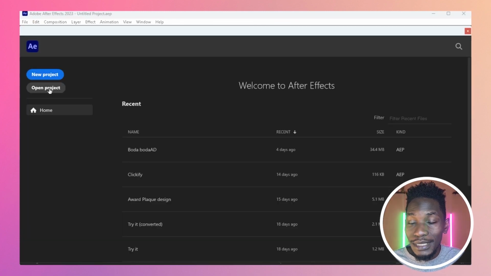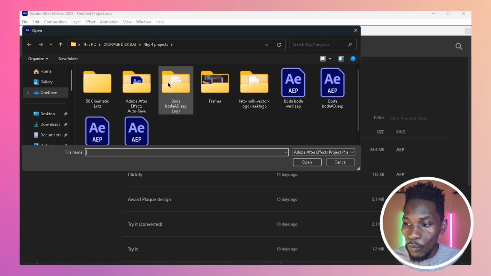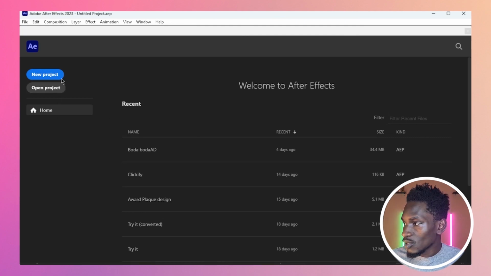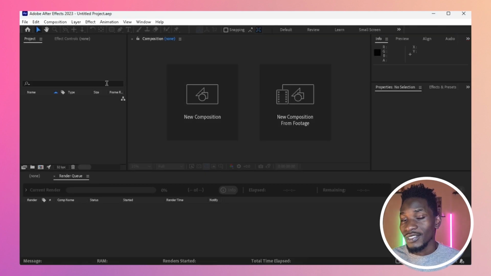If somebody sent you some sort of a project that they worked on, you can just click on Open Project, and it can take you to where that project is, or you can just go to the folder where you saved it. I'm just going to close that one because most of the time you're not going to need it, right? So anyway, this up here is what we call the menu bar,